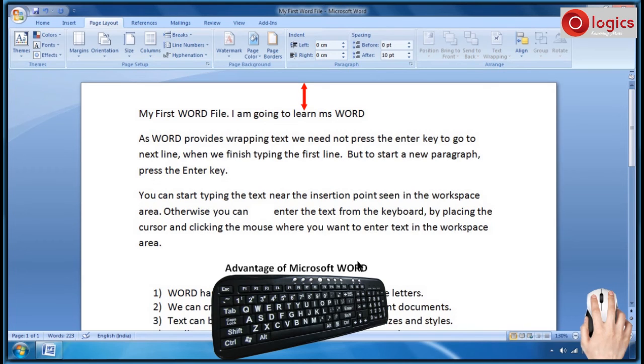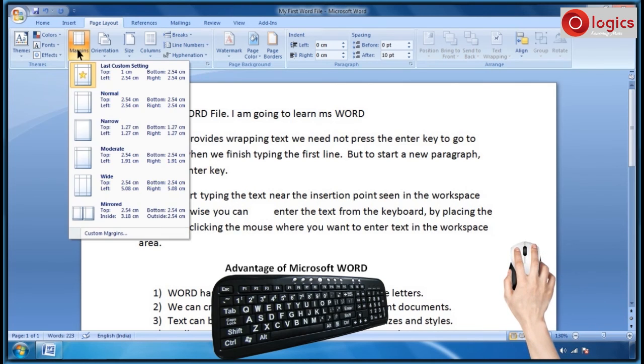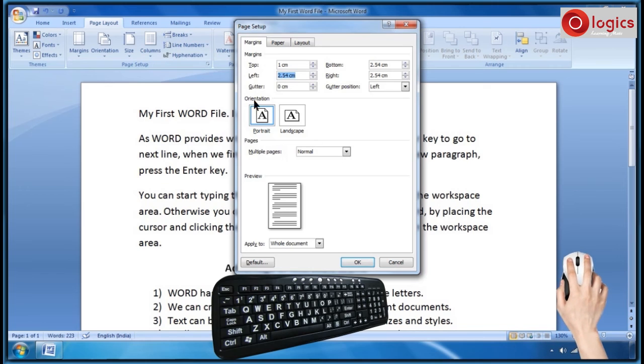Similarly, you can customize other margins also. This time I am changing left margin as 1 centimeter.